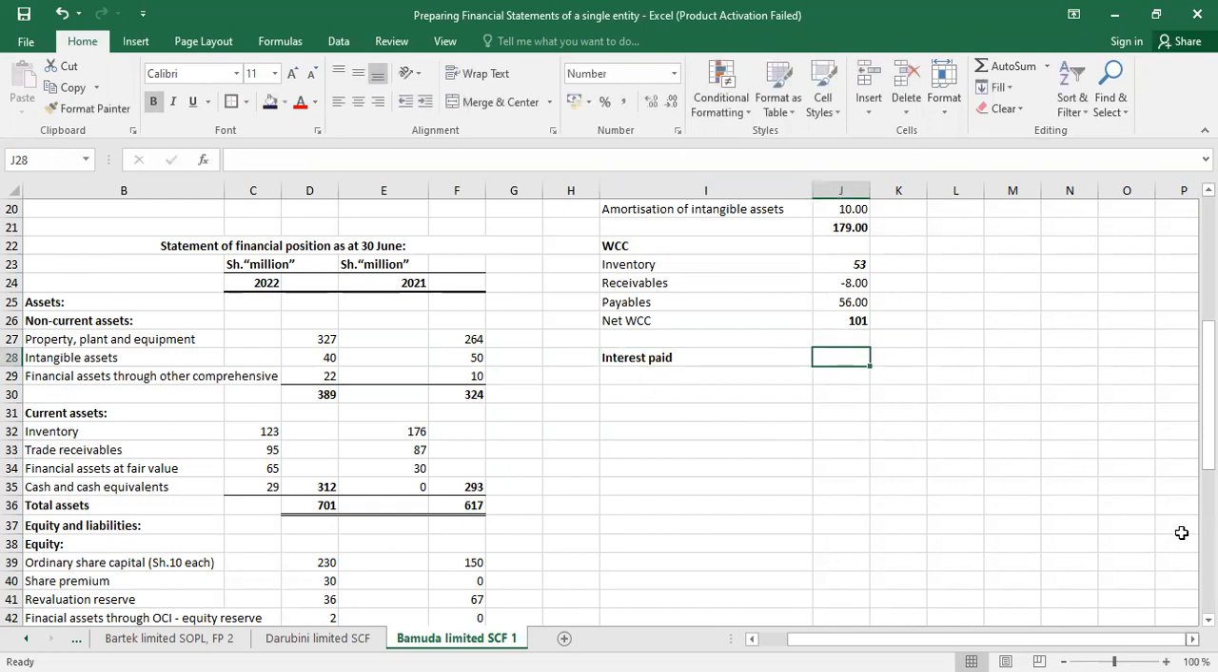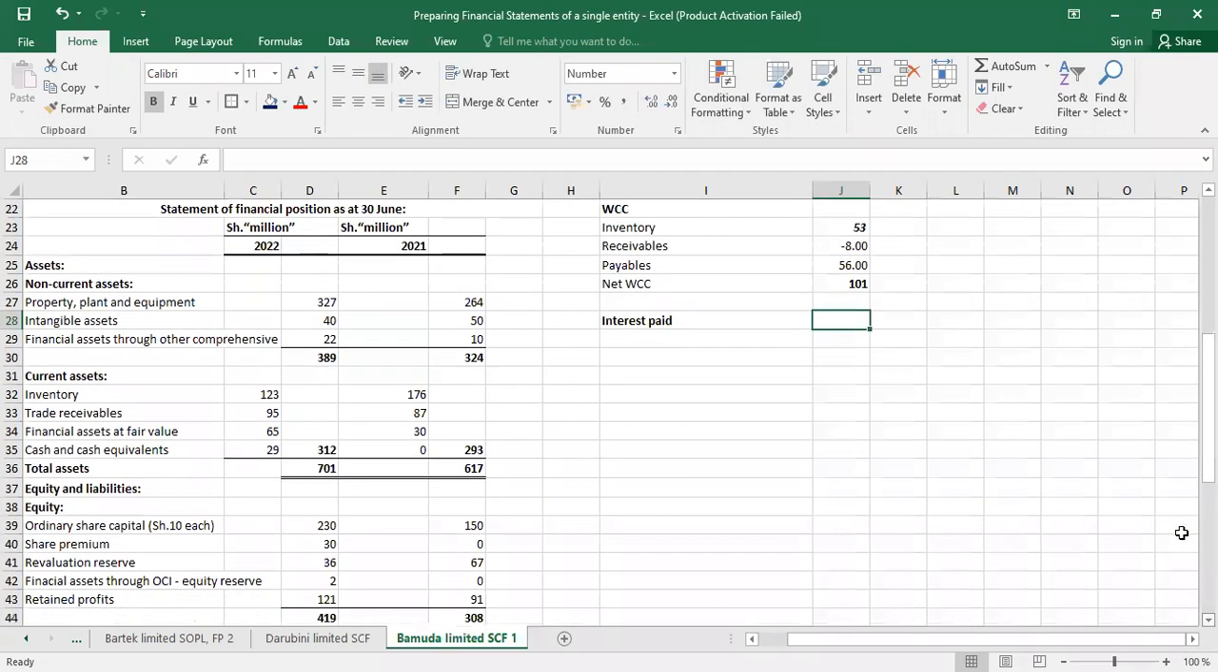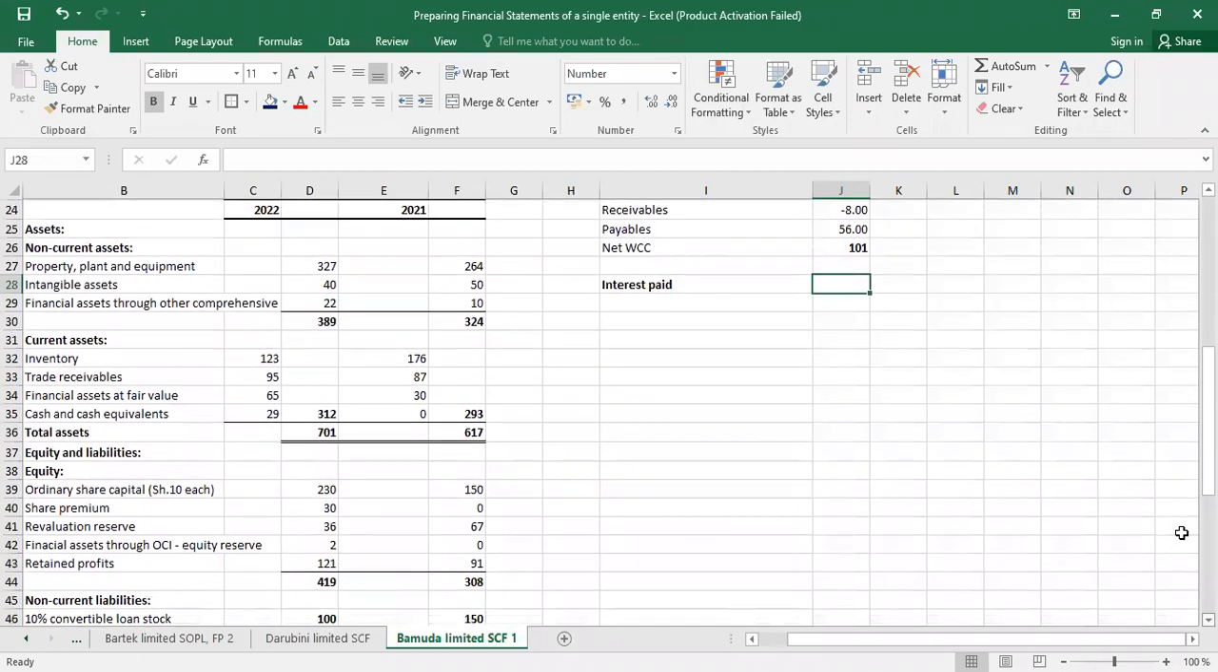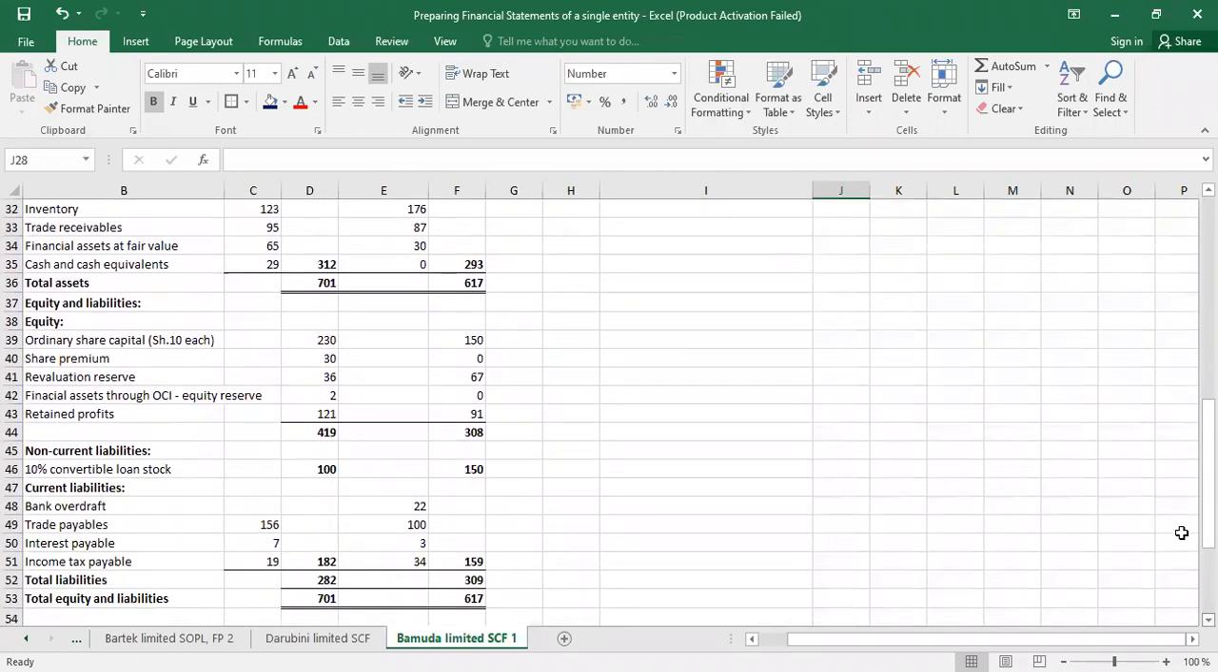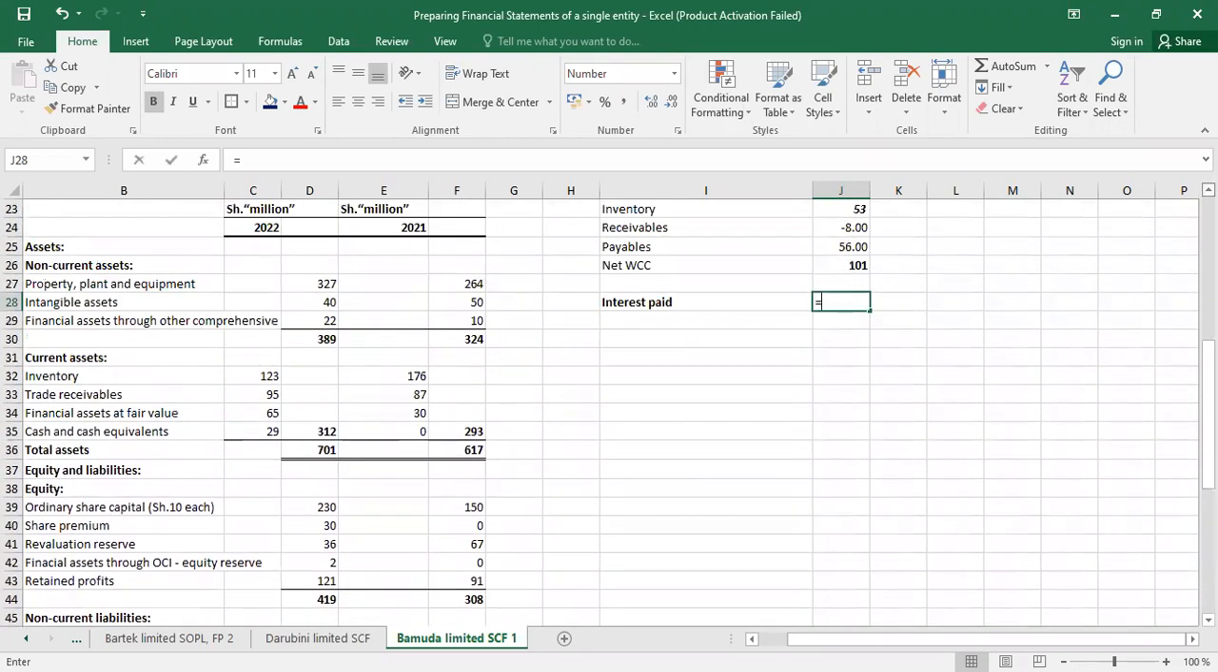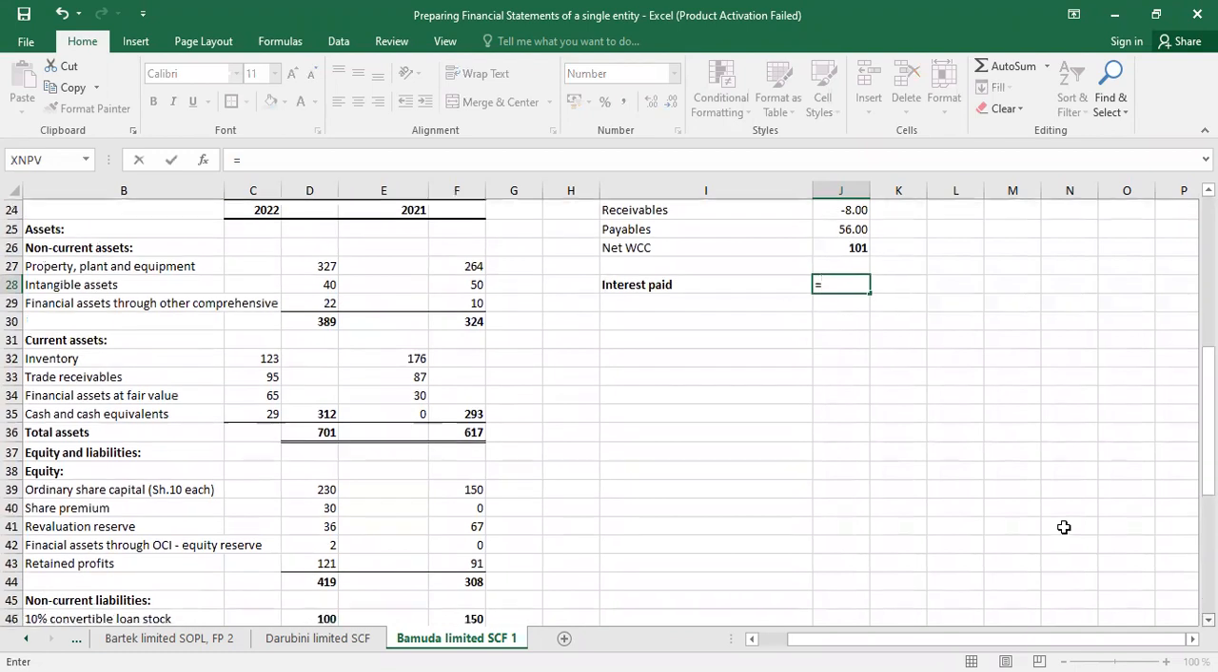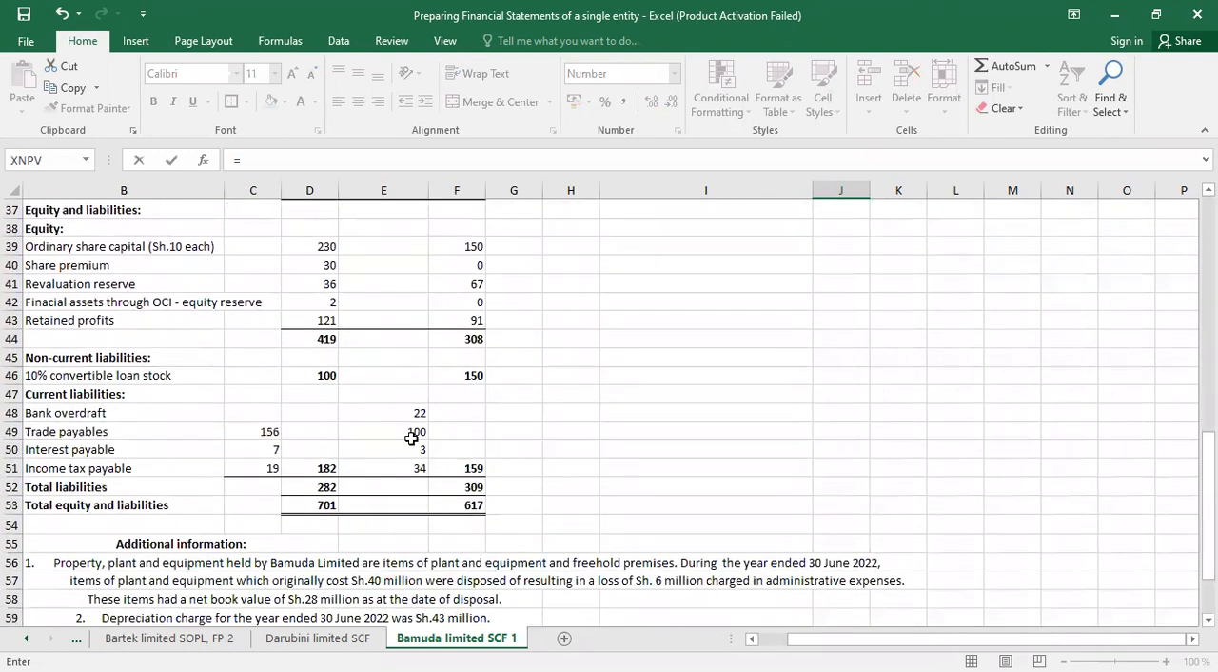So you must remember interest paid is affected also by an item in there. We have interest payable, isn't it? Here we have interest payable. So interest payable is a liability first, isn't it? So we start with the current value of which it's 7. Let me just put equal sign, equal, isn't it? So it's the 7